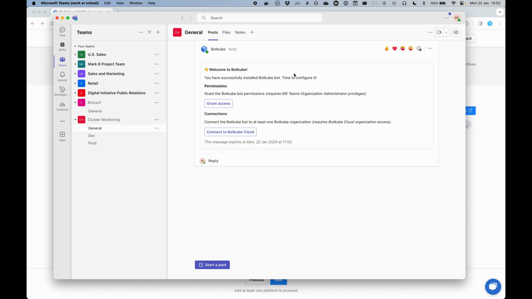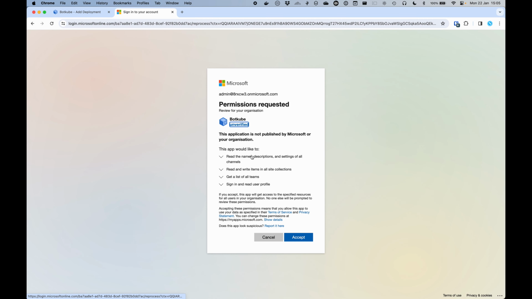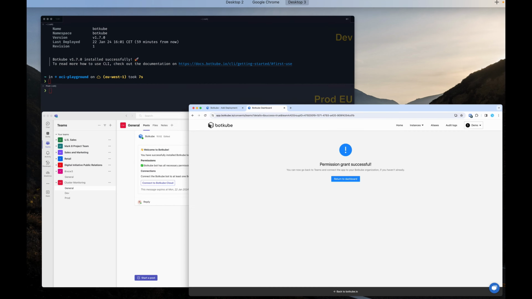So as you can see here, the first thing I need to do is to give permissions to the organization for the app. So I need to grant access. I need to be a Microsoft Teams organization administrator. Fortunately, this is something you do just once for the whole Microsoft Teams organization. So you need to accept the permissions only once, and after successful permission grant, as you can see here,